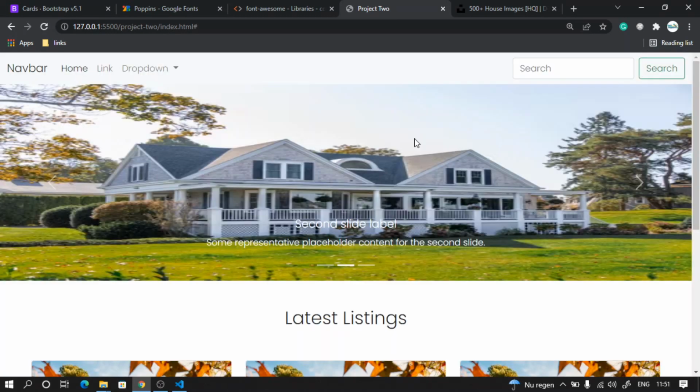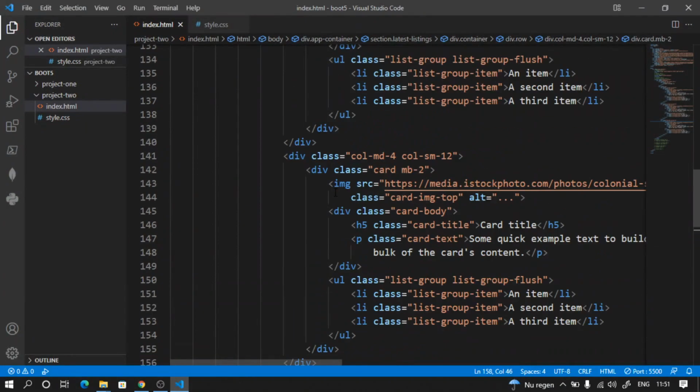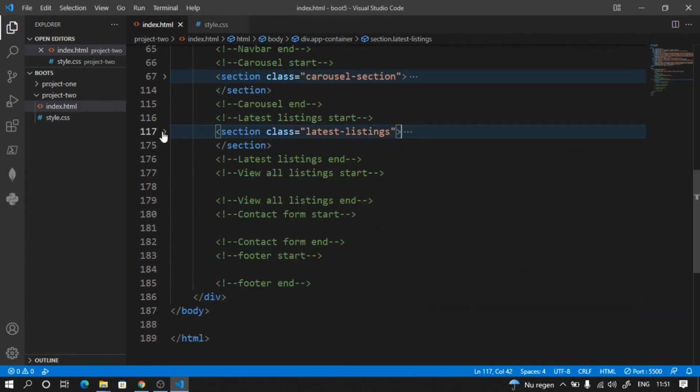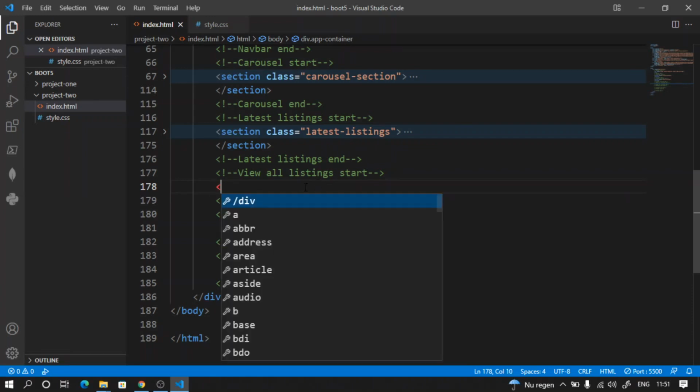Thank you. Welcome. Let's go ahead and create our call to action section. So now I'm going to minimize this latest listing section, and here we have the view all listings or call to action section. So this we can also call call to action or something. For now we will just keep it as view all, and I will say section,